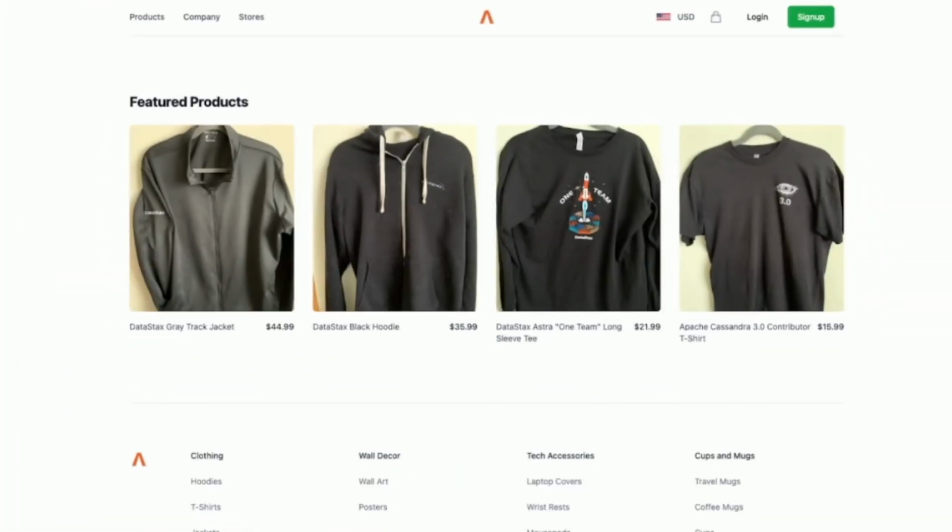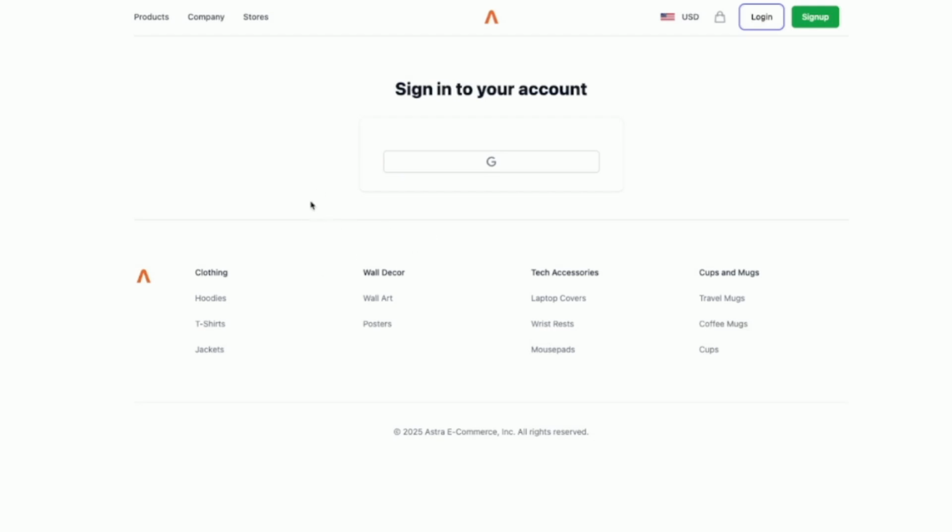If we have a look at our website, where the single sign-on and user profile functionality comes into play is when you go over to the login button up here. As you can see, we have a Google button that's appeared in the middle. There is some additional configuration that needs to happen in the Google console with OAuth 2 to make this work. That is detailed inside the workshop material that we put together a few years ago, and really isn't the focus here.